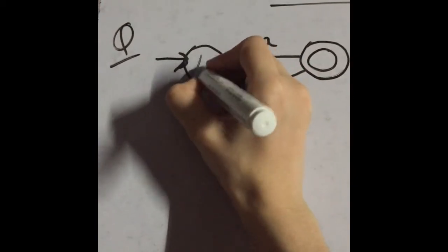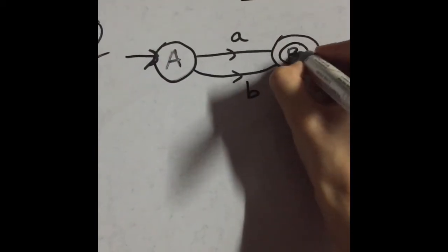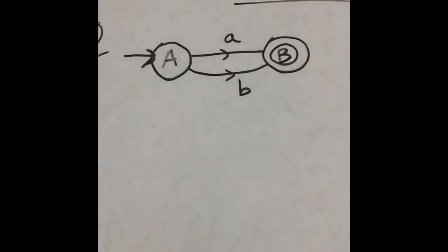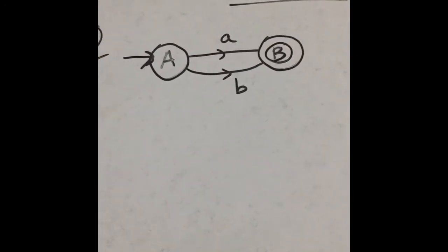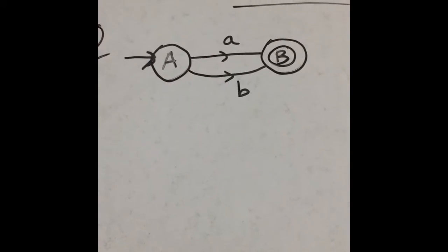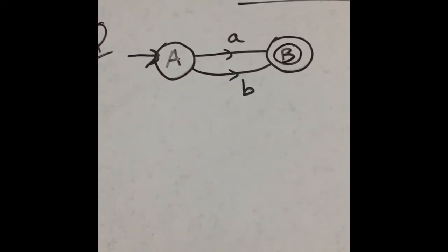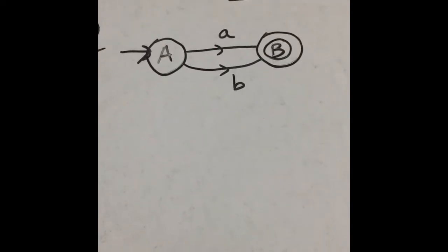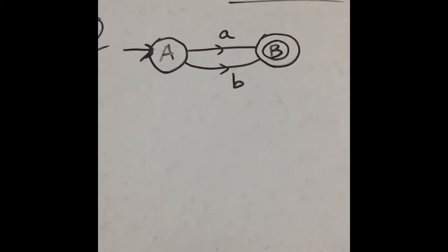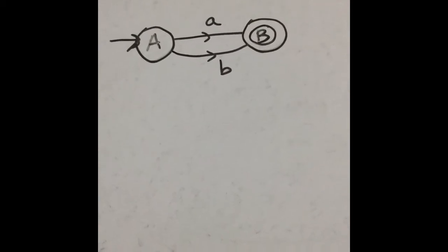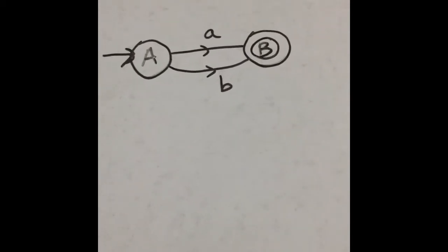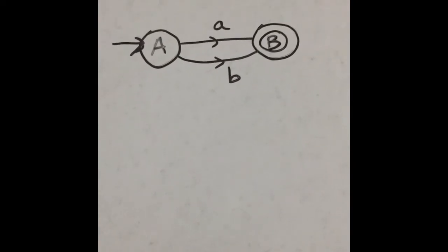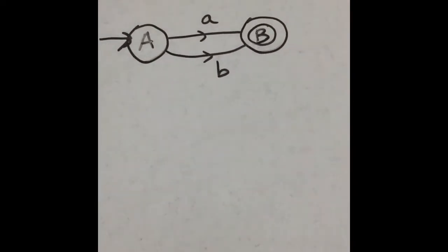Let's assume this is state A and this is state B, and this is a finite automata but not a DFA. I already told that finite automata means by default NFA. So it is not DFA, it is NFA, and we want a regular expression for this finite automata by using those steps, right? So what is the first step?